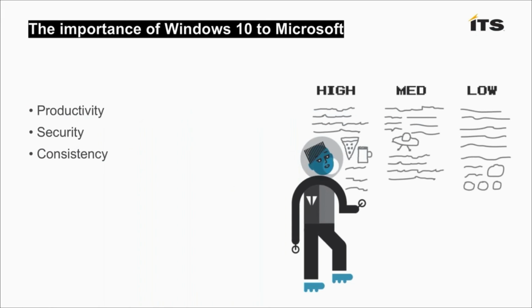So I think it's fairly simple. Windows 10 is critical. It must succeed. It will succeed. I deployed Windows Vista at some point. I didn't really want to, but I had to. Windows 7 has seen a great deal of success in the enterprise. Windows 8 and 8.1 really didn't catch on, and so we're all ready to make this transition.